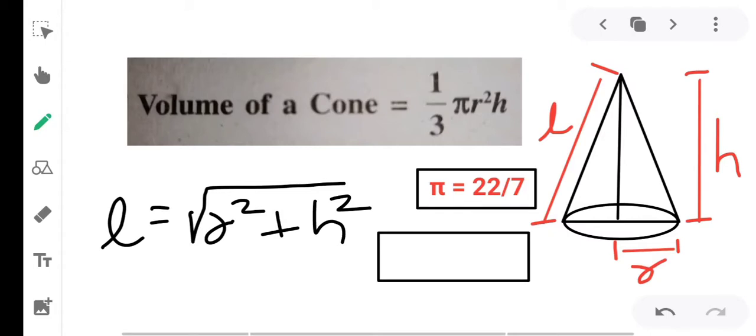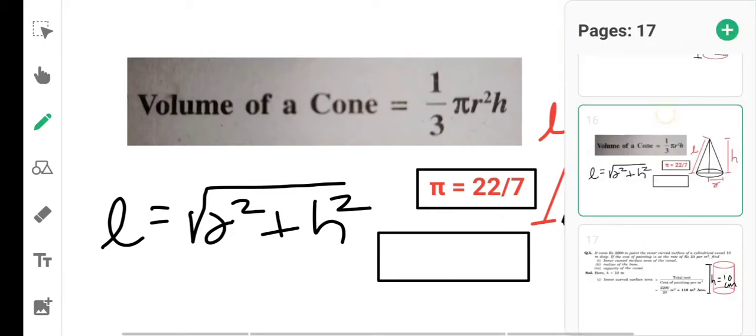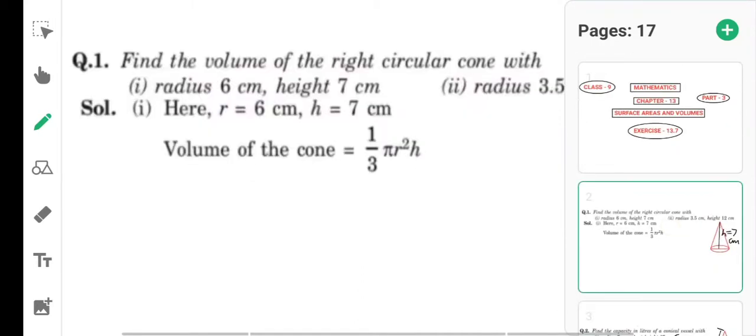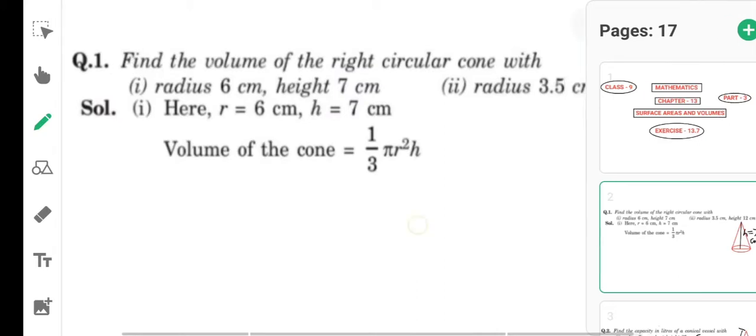Okay, now we will deal with the questions, right? So there is the first question of your exercise, that is 13.7, right, or 13.8, right? Today we will deal with exercise 13.8, right? Sorry, 13.7, not 13.8, that is 13.7, right? Here we will deal with the first question of 13.7. So what is question number 1 of 13.7, right? You can see on the screen 13.7.